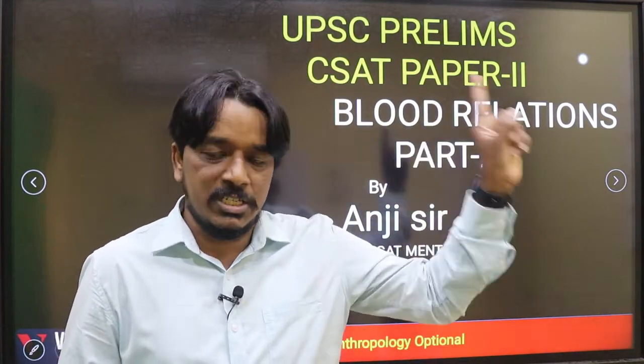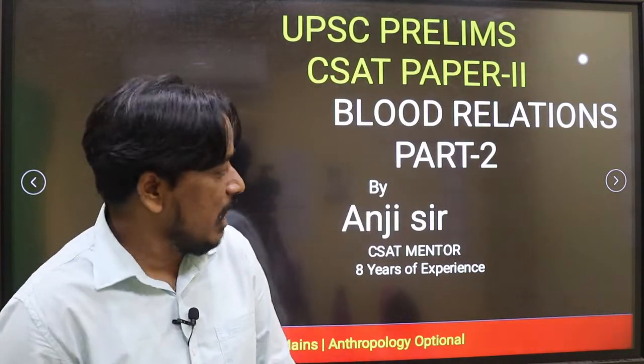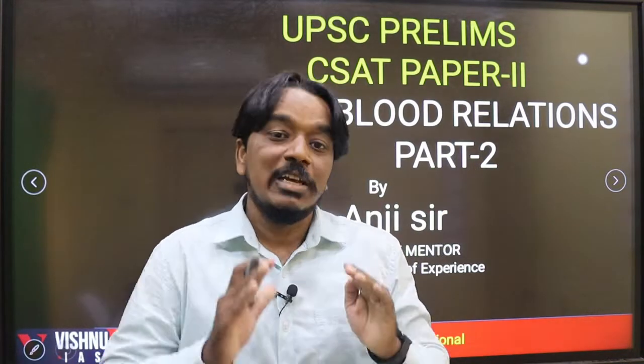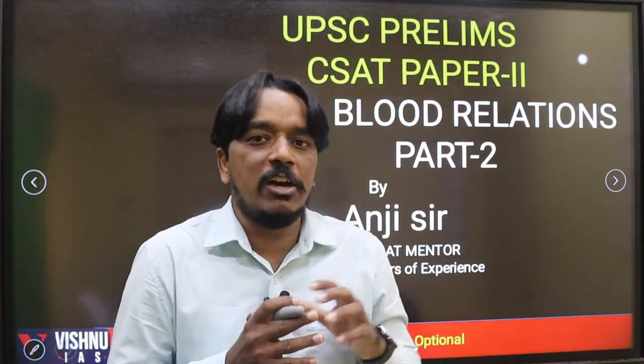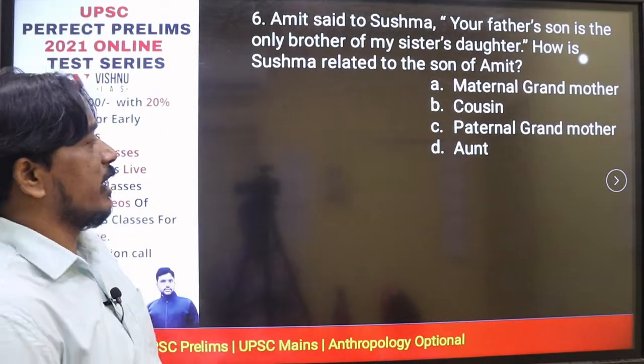Every basic concept we discussed in the last class. Similarly, in this session we will focus on the remaining models. Let's see what other questions and models there are. I already explained the basic important relations, and the same basic important relations are important in part 2 also. Drawing a family tree is also very important for these types of questions, but we will find a slightly different kind of data and how to answer these questions. Let's see the first question from this second model.